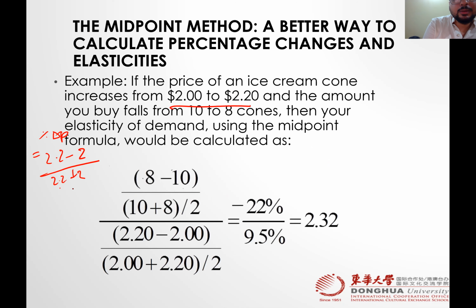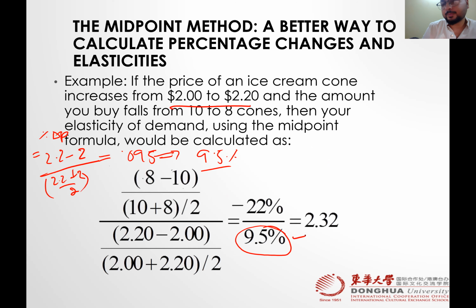Old plus new divided by 2. Answer would be 0.095, which is 9.5%. This one. Similarly, if we want to find out the percentage change in quantity, so percentage change in quantity